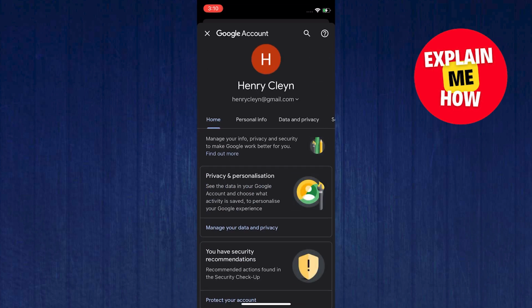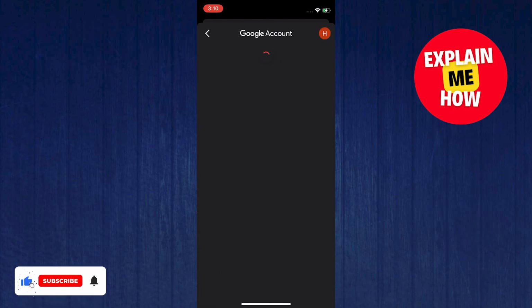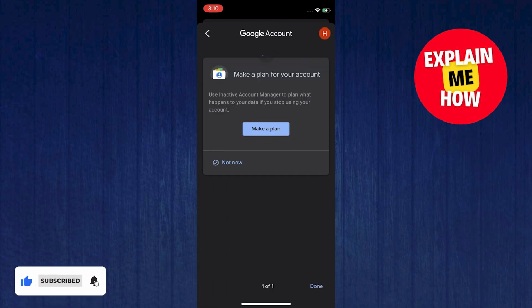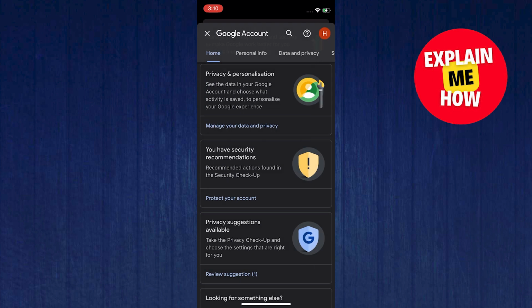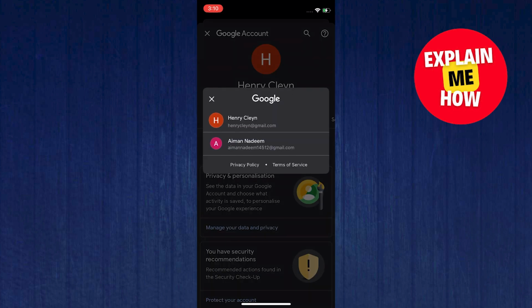Once you're now under Google Account tab or the new pop-up, the next step is to go to Home, scroll down, then select Google Account. If this pop-up shows, just select Not Now. Once you're here, scroll up, then select Manage your Google account and then select which Google account you want to